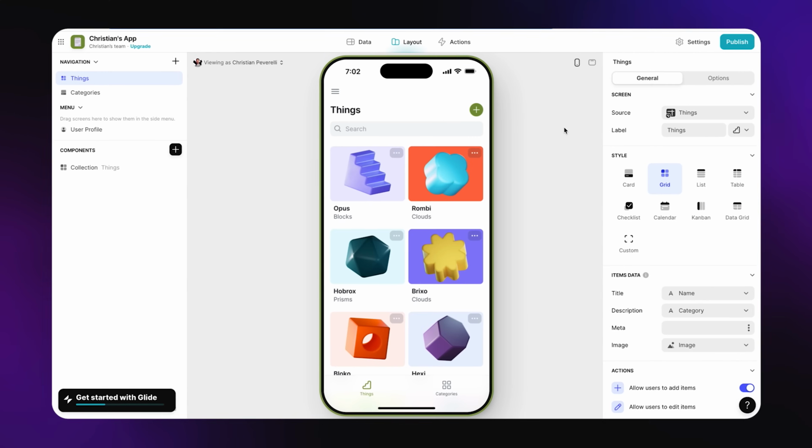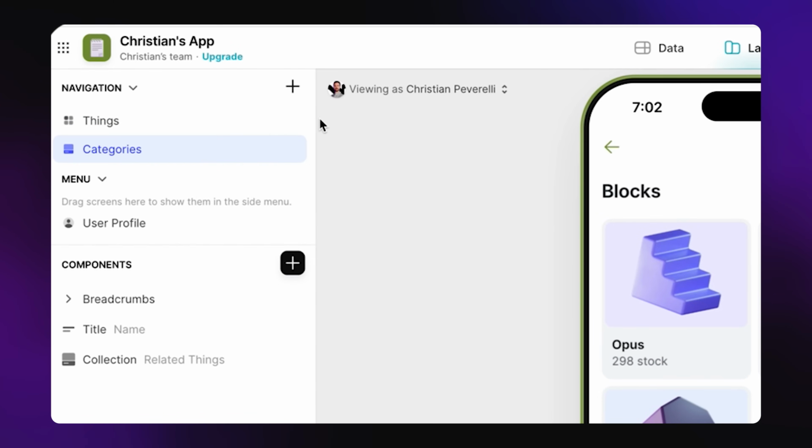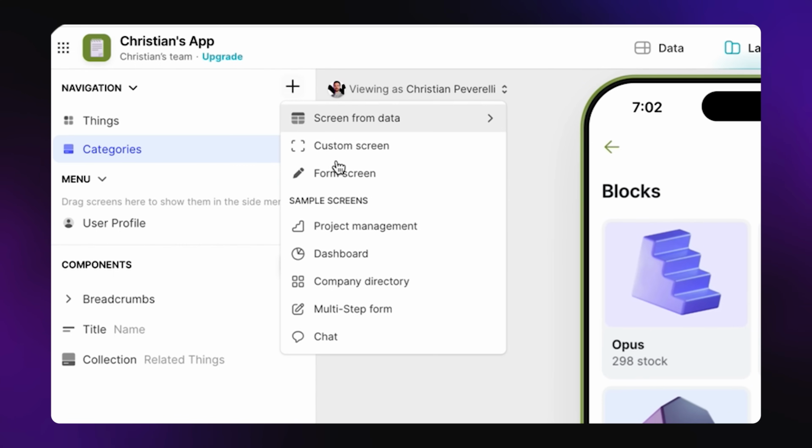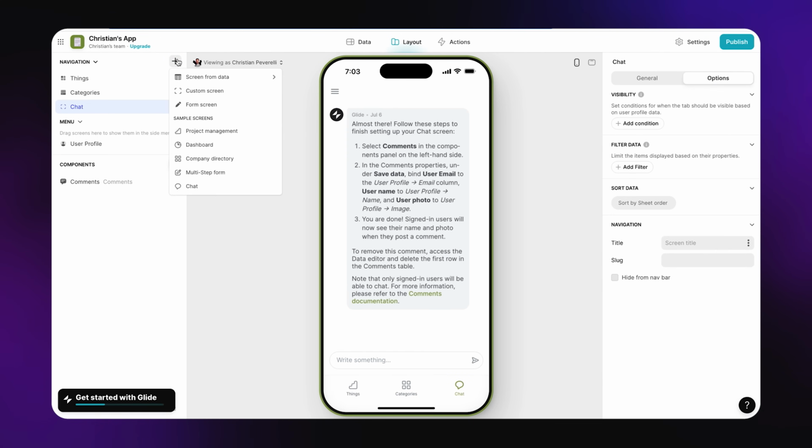Now let's quickly jump into the interface so you can see what it looks like. Excellent, so this is Glide's interface. As you can see, it's super, super clean. On the left-hand side, we have the navigation. In here, we can choose the different screens. I can also add different screens. So for example, if I wanted to add a screen for chat, I could just pretty much import that and create that. You can also choose to, for example, just start with a custom screen,